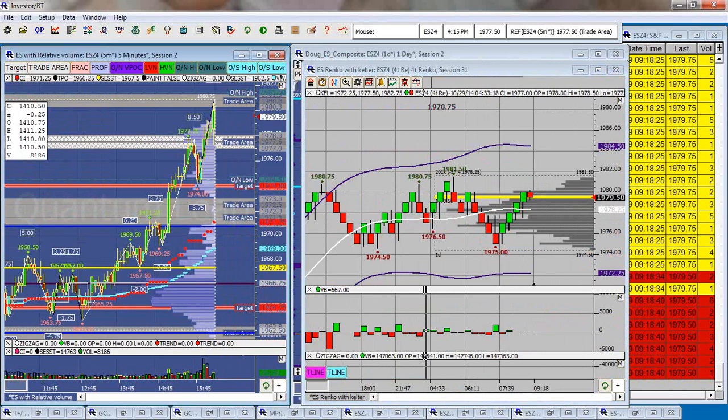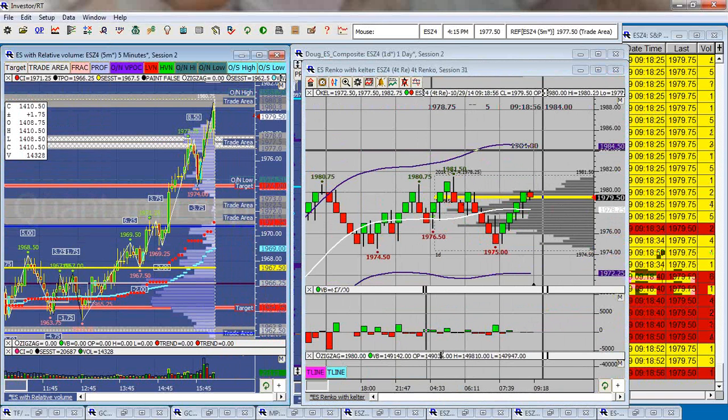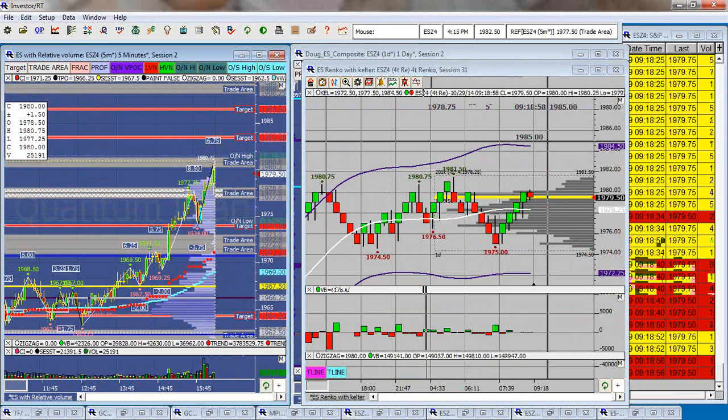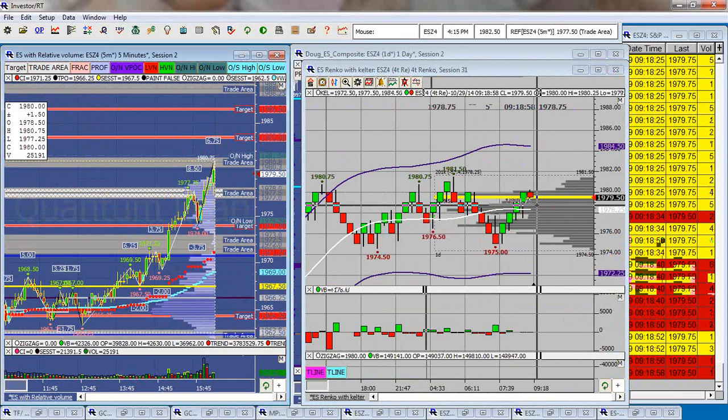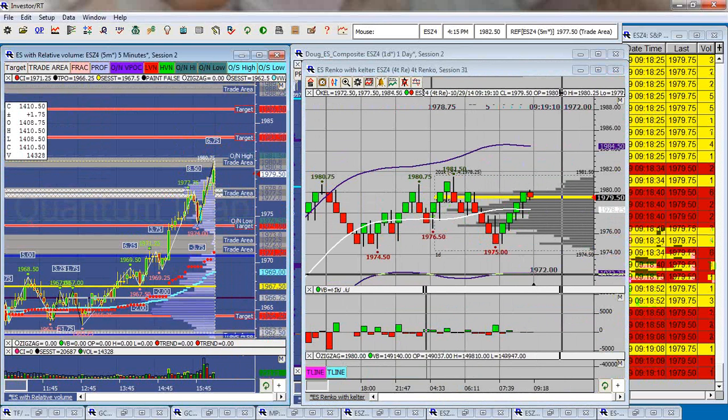So 78.25 is the Keltner center line. A move to the upper Keltner is going to take us up to that 84.50. We're front running it at 83.50. Likely be 86 by the time we get there. That's 86.50. And then below the center line, a move down to the Keltner lower line is going to take us down to the 72 area, that zipper line.